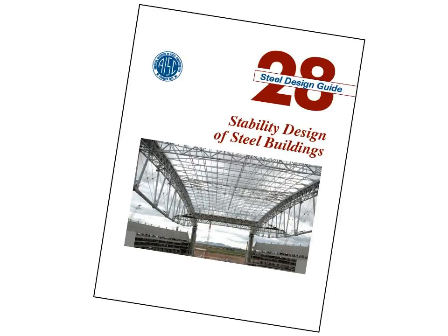Now the whole picture for how analysis and member strength equations work together in stability design is covered in the specification. It's also covered in greater detail in this document, AISC Design Guide 28, which will be available in December. Larry Griffiths of Walter P. Moore and Don White of Georgia Tech are the authors, and I want to give them an additional credit here, not just for the design guide. Larry and Don wrote a chapter on history that was not used in that design guide, but it was hereby saved from the cutting room floor because much of what they wrote is captured in what I'm presenting in the lecture here today. So they are, without knowing it, my co-authors.